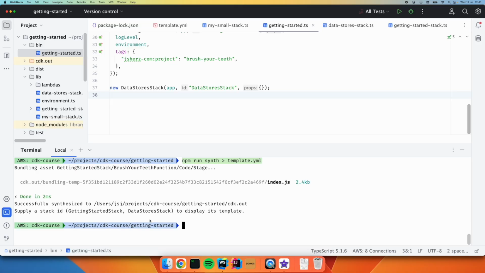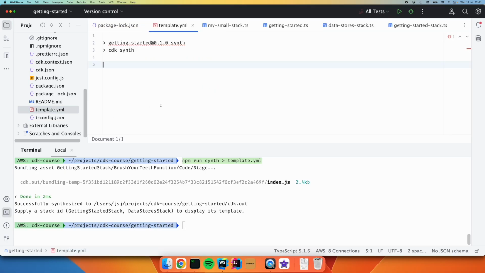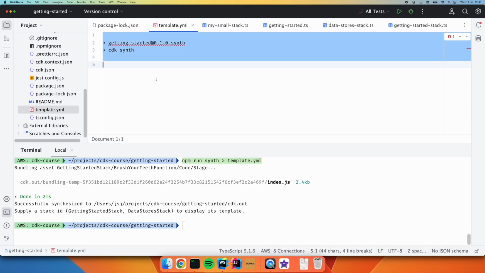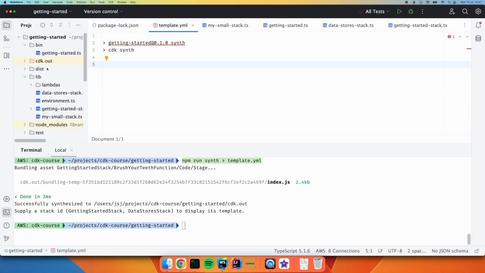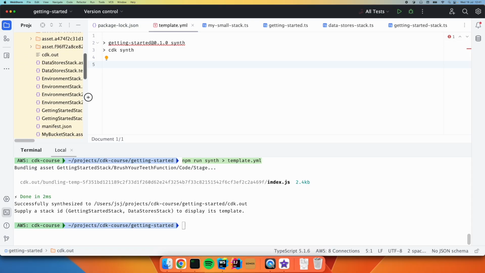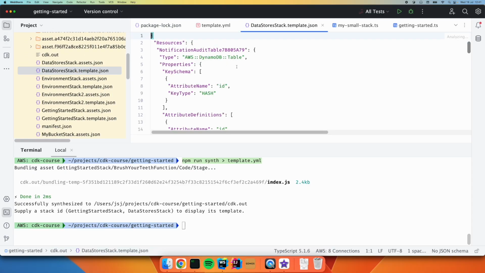So if we do an npm run synth, it will say successfully synthesized to this path here, our CDK.out folder, and it says supply a stack ID to display its template. So if we go and have a look at that template.yaml, it's actually now empty. Even though we've tried to redirect it into a file, because we've got multiple stacks going on, we can't just redirect the output of synth into some file or somewhere and just see it at the terminal like we were doing before. So we can pop into CDK.out, we can see our DataStoreStack now has a template JSON file,